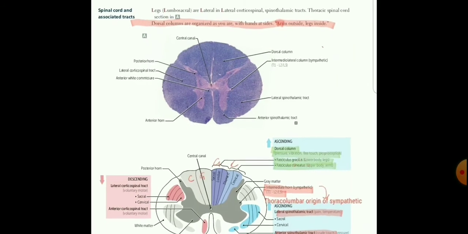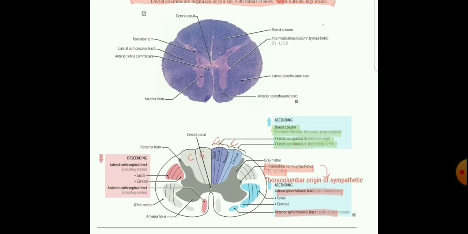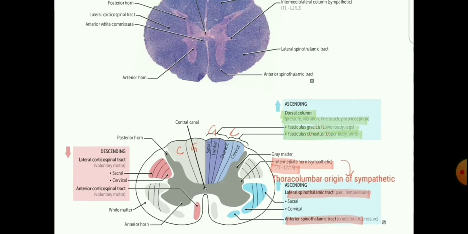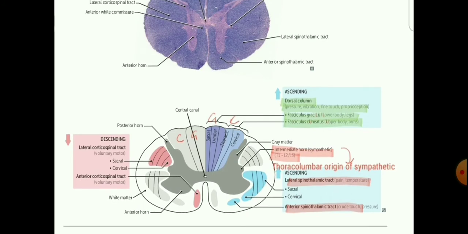We can see here that in the spinal cord we have the anterior horn and the posterior horn. Anteriorly, we have certain tracts around the anterior horn, because the anterior horn is the place from where the motor neuron starts, or descending pathways are ending on the anterior horn cells, and motor neurons start to move out